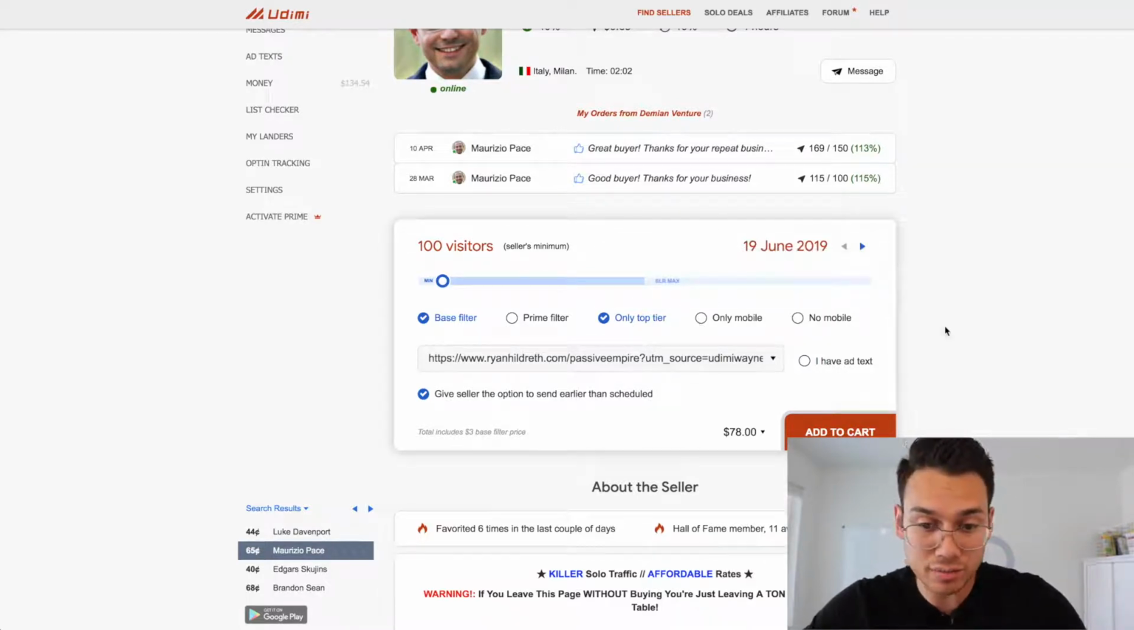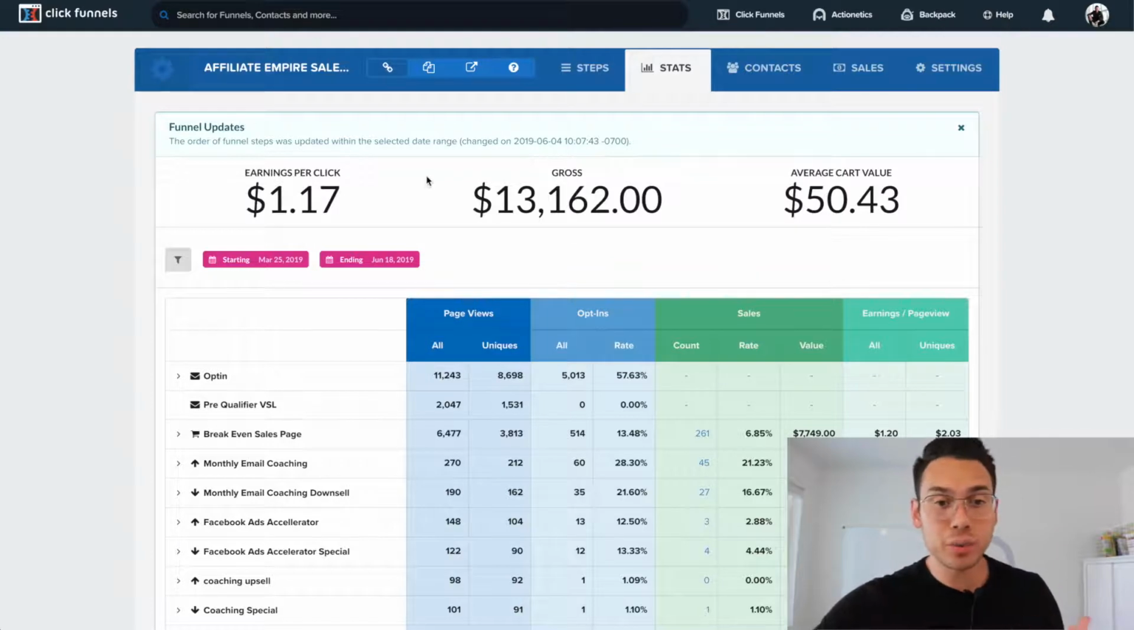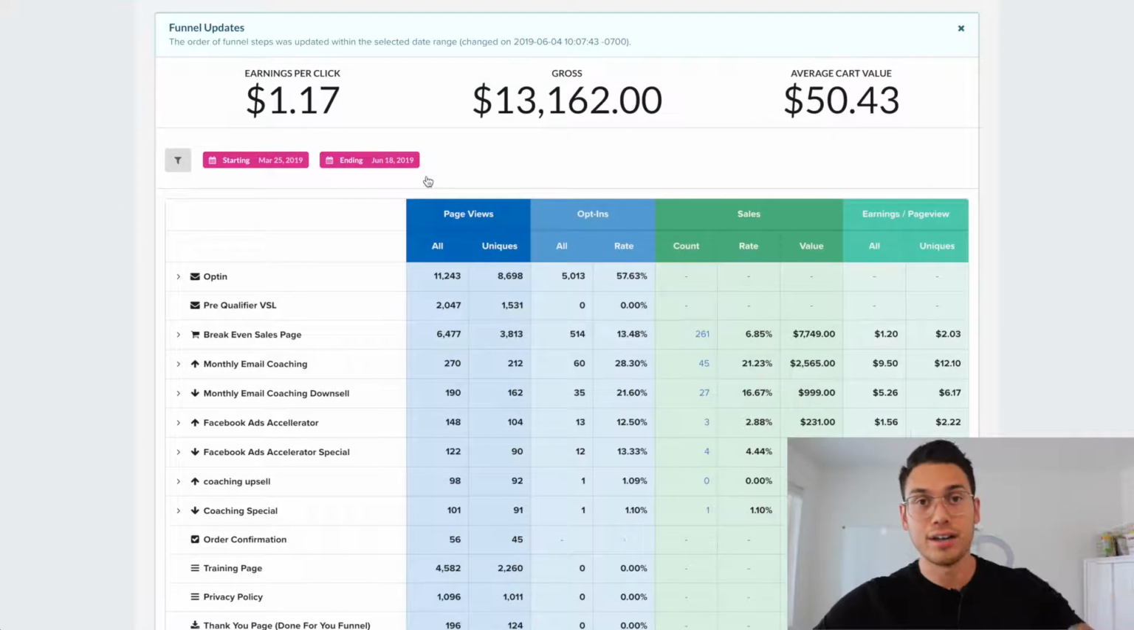And, you know, you could even select only mobile, but I wouldn't. I would just say only top tier, put your link, and then add to cart. As you can see, top tier is $10 more, 78 bucks for 100 visitors. Now, once we figure this all out, we order our traffic to our website, and we're going to go to our sales